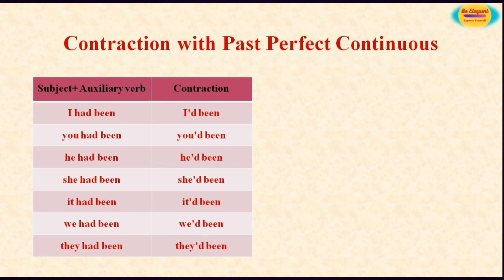You had been, you'd been. He had been, he'd been. She had been, she'd been. It had been, it'd been. We had been, we'd been. They had been, they'd been. Examples: